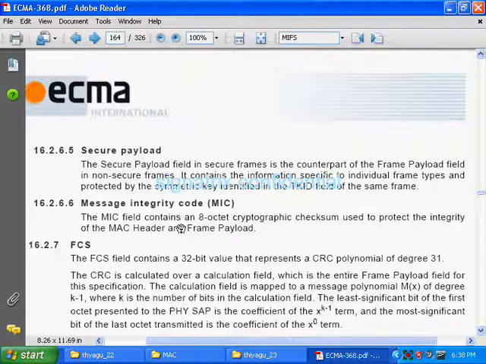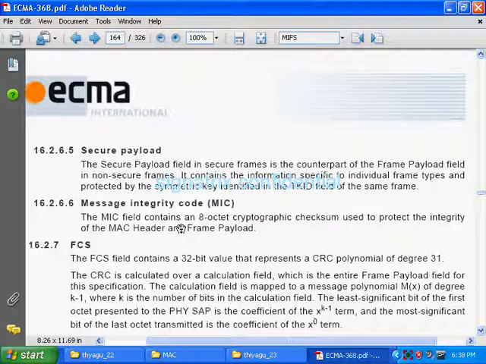But we are already calculating the HCS on the MAC header. Then why are we doing this here? This checksum is related to encryption. If you see, they are talking about protecting the integrity of the MAC header, meaning they are avoiding corruption.